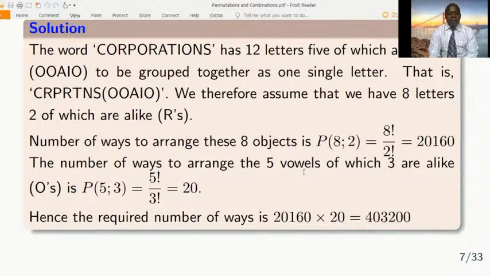So just as the earlier one, where we did not have repetitions, we did not have objects which were similar. But for this,